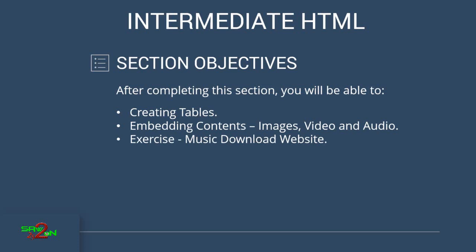Then we'll do an exercise where we'll create a website called music download website, where we will attach some music files and then we'll create some headings and paragraphs, and then we will try to give them links so that they can click and download the music files. Okay, then we'll work with forms. We'll create different types of forms and we'll understand how to create all those form elements. Then as part of the exercise, we'll create a contact form and understand how to create a simple contact form with the learnings that we have with the forms.